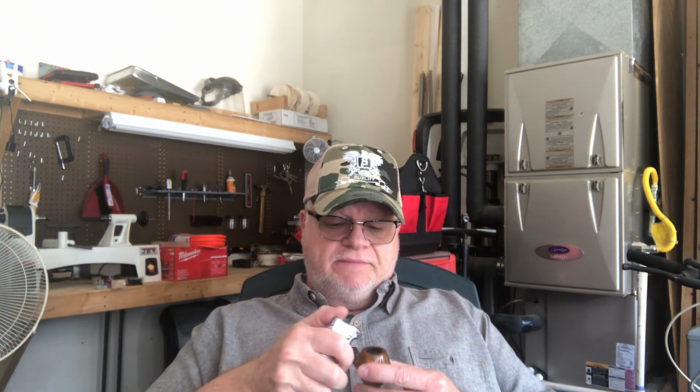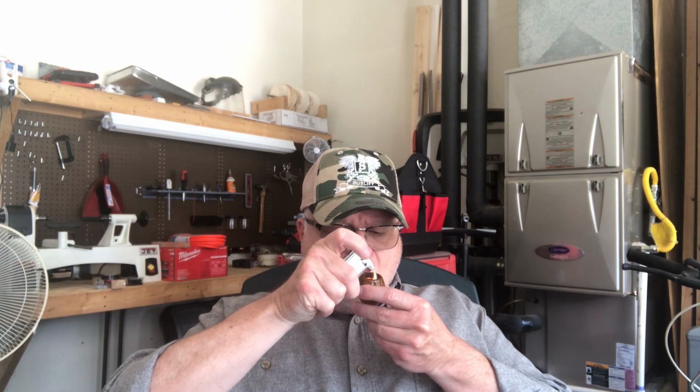in my garage. And I came out here and I forgot to bring my little ashtray for my little knocker that I can knock my ash off in my pipe with my pipe. So I got sidetracked on something else, brought my lighters, because I always bring a backup lighter when I do a video because it never fails. When I bring one lighter, it goes out. So, with that,